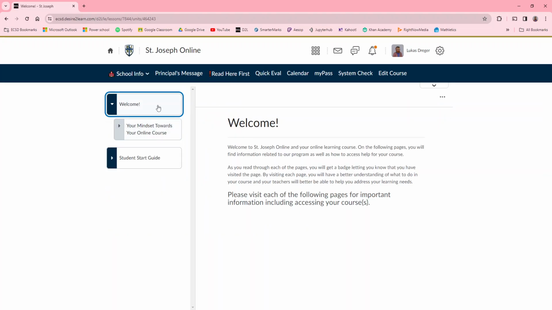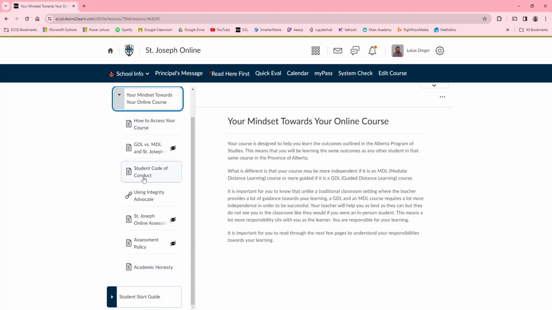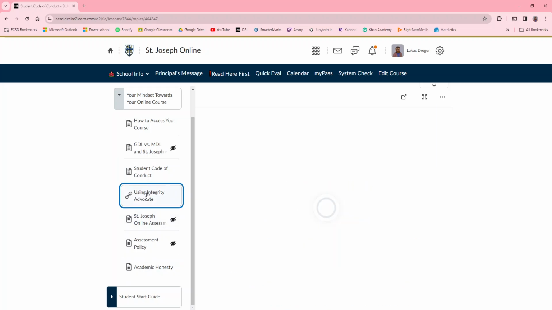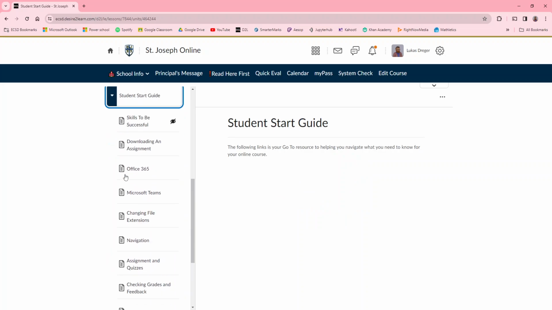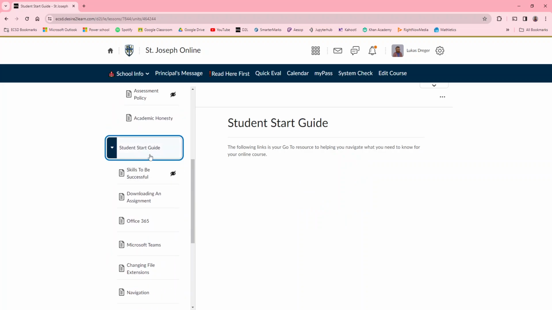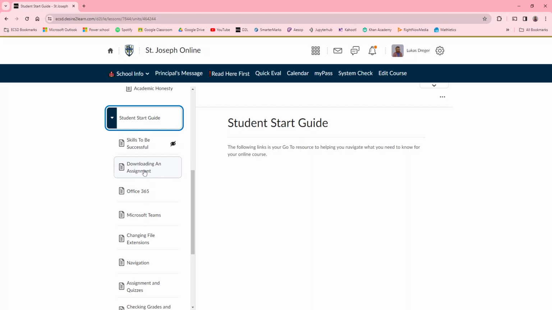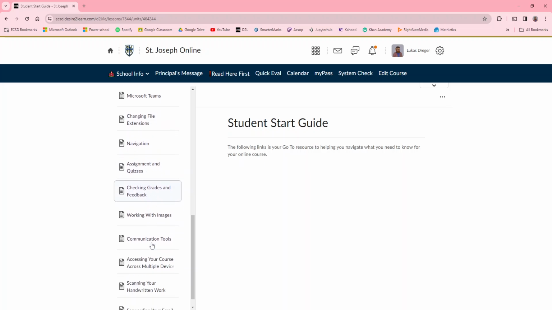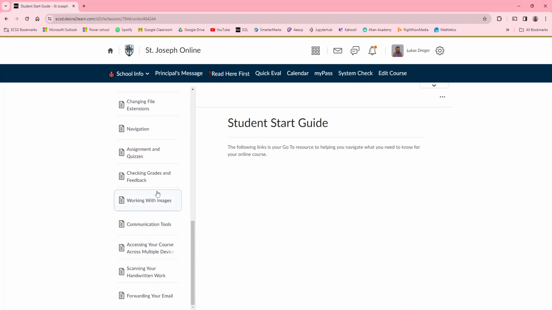So you can see that there's some good stuff to look at in here about how to access your course, the code of conduct, using Integrity Advocate, which is our proctoring software online, as well as down here, which is really important, a bunch of tech tips for the different topics. So how to use Microsoft Teams, Office 365, how to use the assignments, quizzes, checking grades, how to submit images, how to work with images,